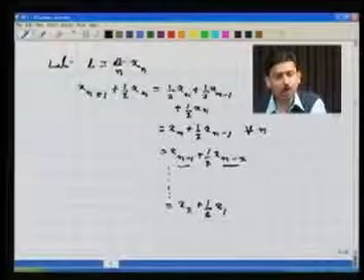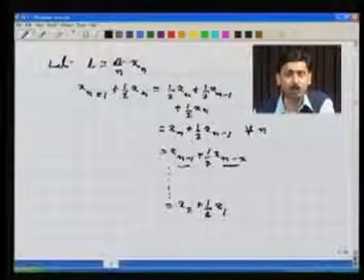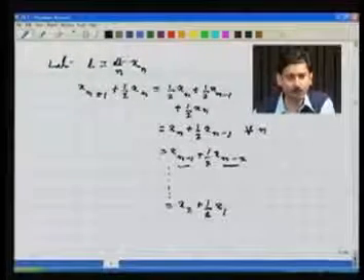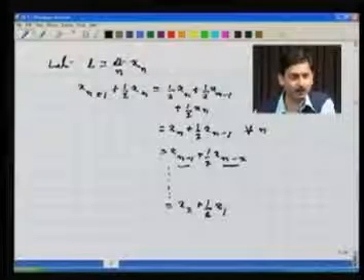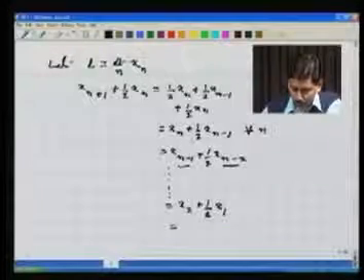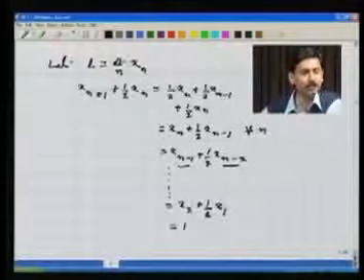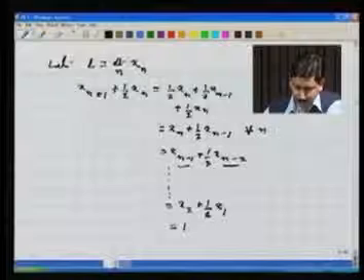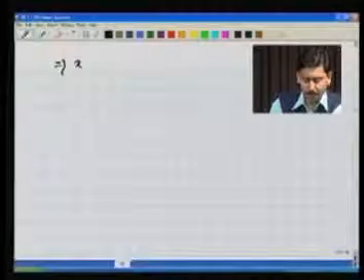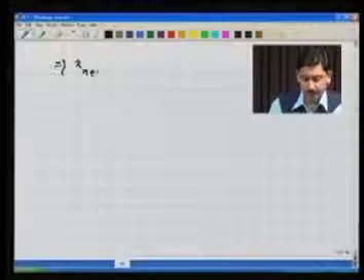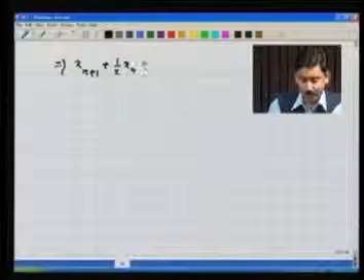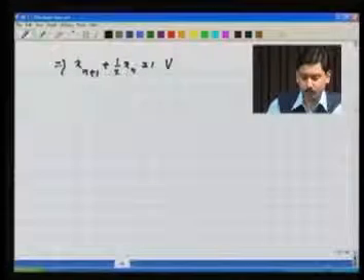Notice that we cannot go below this stage, because x2 would be given in terms of x1 and x0, but there is no such x0. The sequence starts with x1. Let me now just plug in the values. What is x2? It is 1, and x1 is given to be 0. So what I get is that xn plus 1 plus half xn equals 1, and this is true for all n.